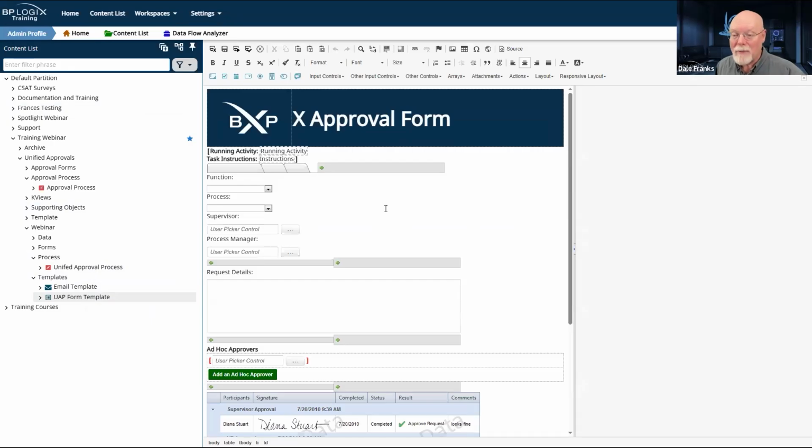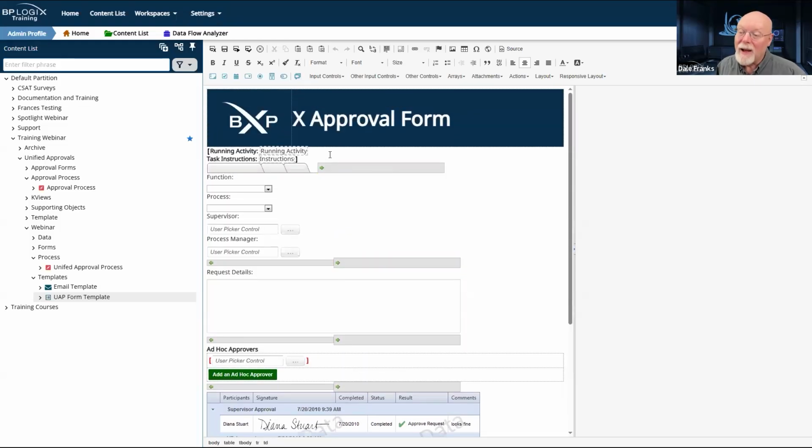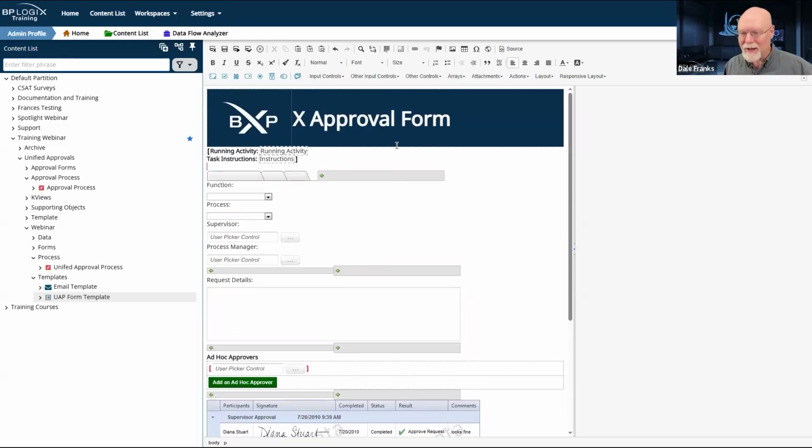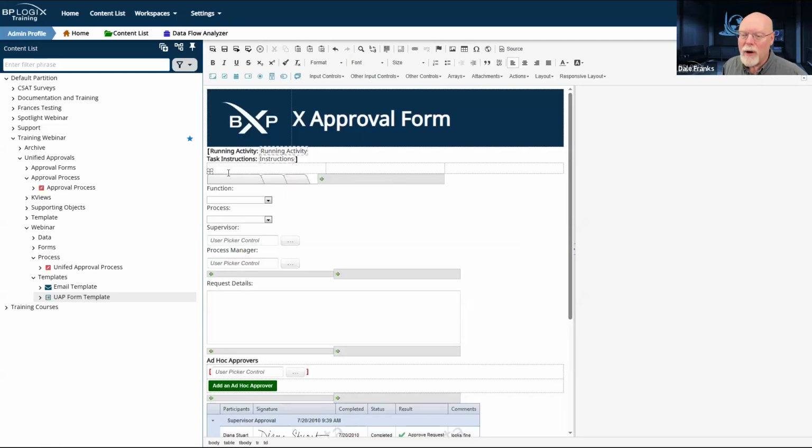Oh, you know what? It looks like I did not put in a request number. I completely forgot. Well, it's a good thing that I ran across that. We are going to throw in a quick table here. So we will make it 1 row and 3 columns. And we are going to put in our fields. So I should have done this last week, but it completely escaped my mind.